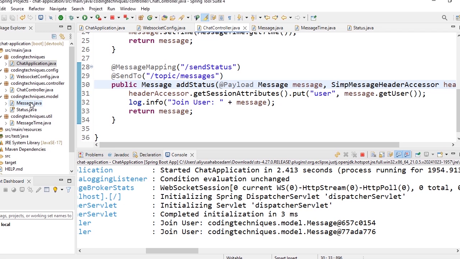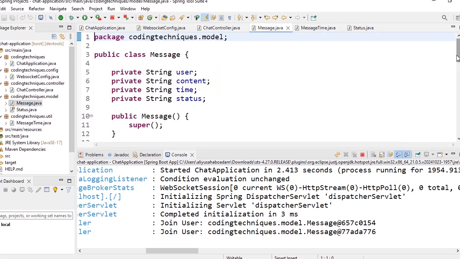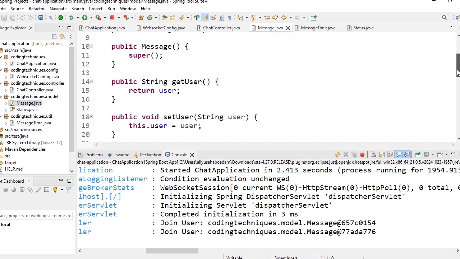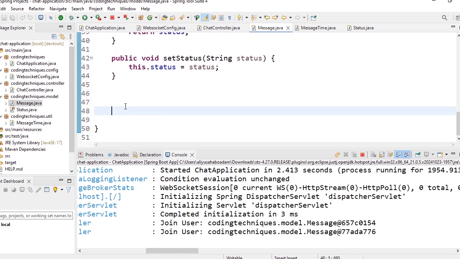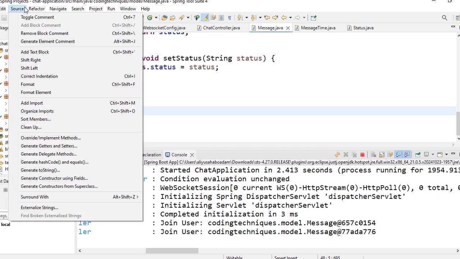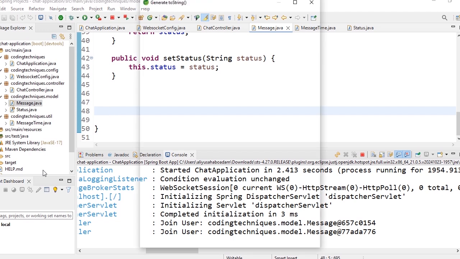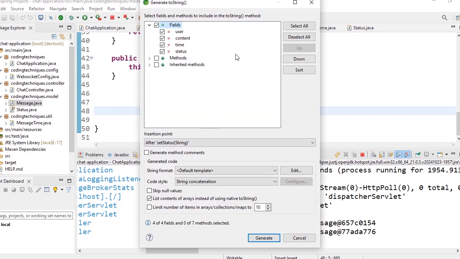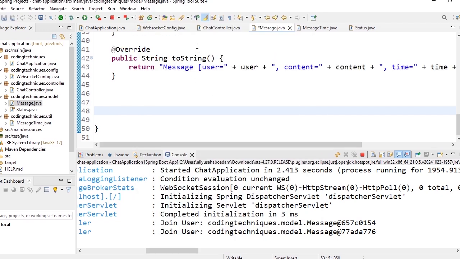We are having this because we didn't define the toString method inside this class, and we need to have it. So let's generate a toString method by going to the source here and generating toString. Click on generate,